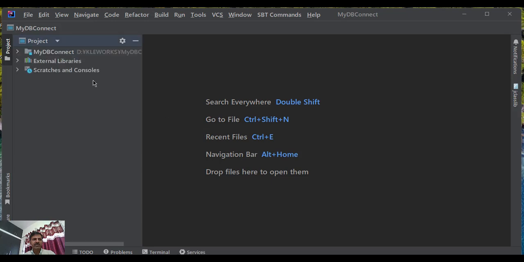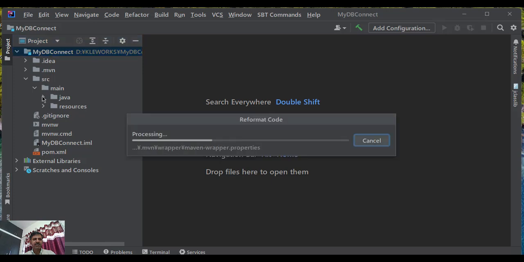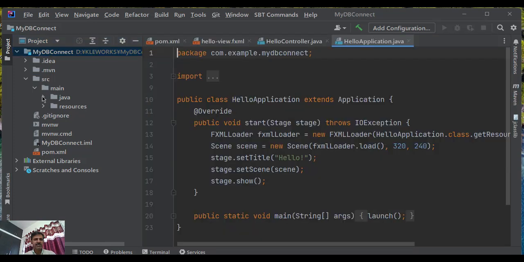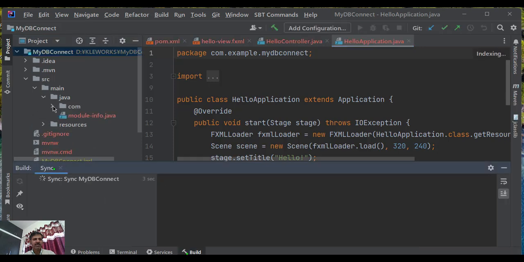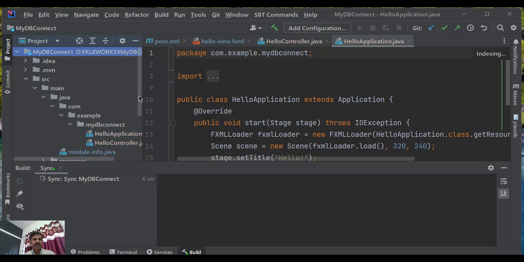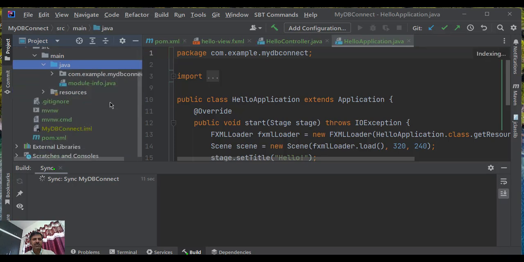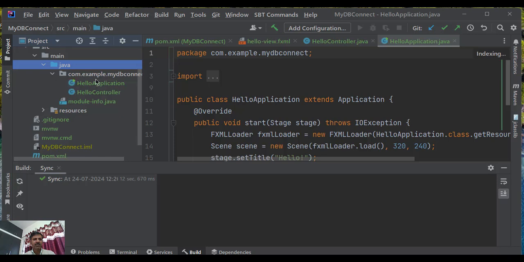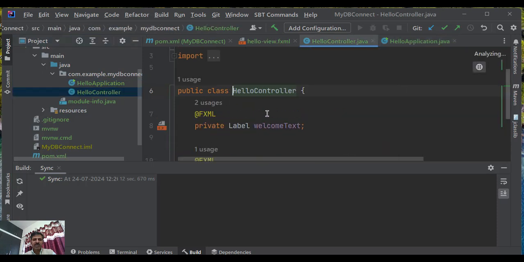So a new project will open up and this project will contain certain classes. So if you look at this Java folder and within this MyDB Connect project, you will have two ready classes to use. One is the name of the application, Hello application, where it will load the fxml file and there will be a controller which will manipulate the contents of the